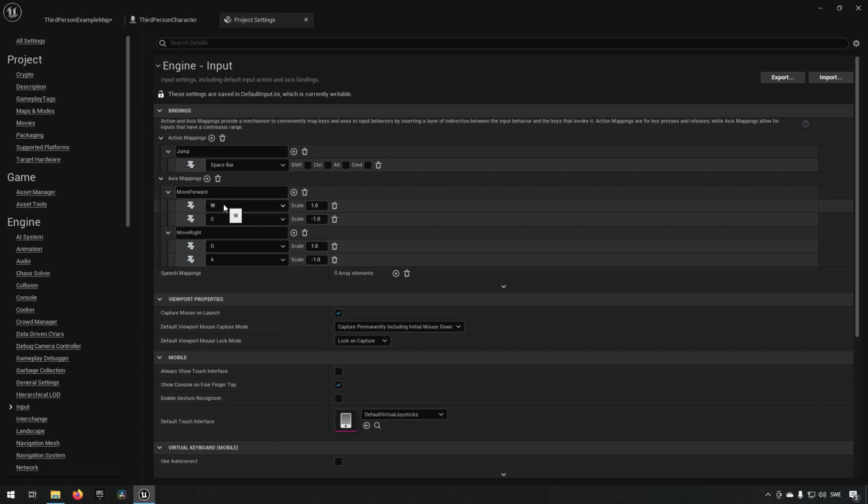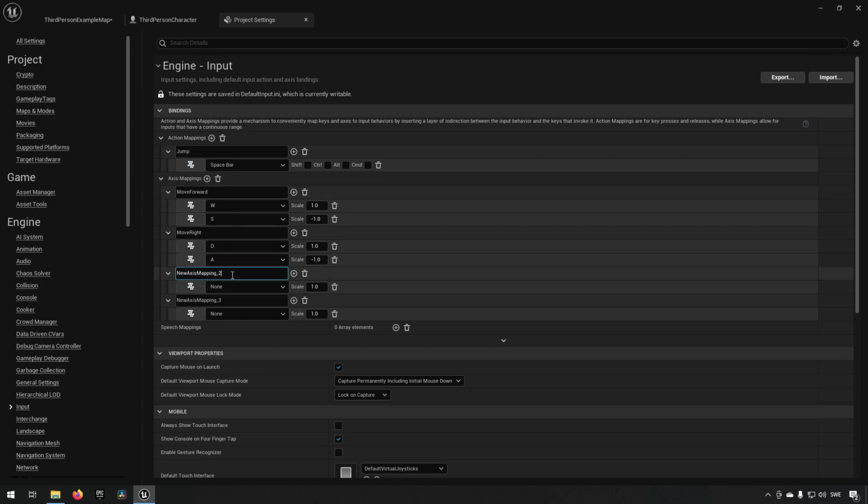And just like an analog stick that goes forward and backwards, right and left, a mouse can also be seen as having axis. You can have an axis for the mouse in the way that it moves to the right and left, and upwards and downwards, or forwards and backwards. So let's add both of these mappings at the same time to begin with. So we go to axis mappings, add two of them, and the first one for the mouse we can call